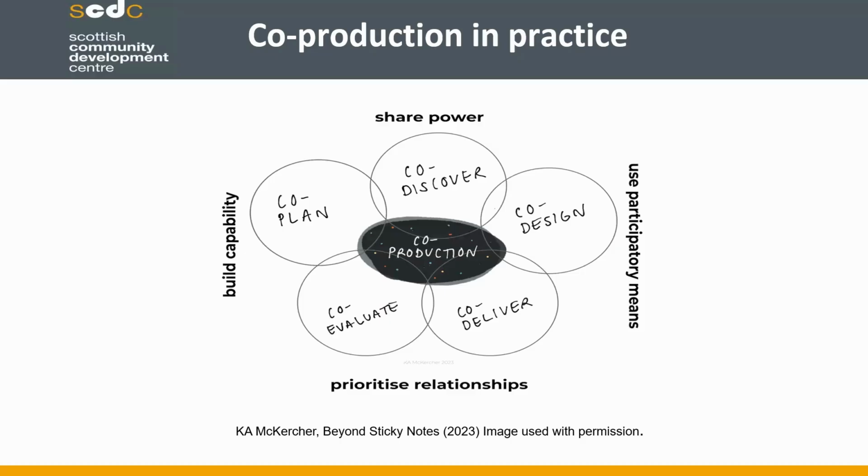And all of that, in the bits around the edge there, helps build capability, build skills in our communities. They help us think about that power sharing. How do we get better at having other people shape and share the services that we're doing? Really thinking about those different participatory means, and I'm going to touch on some of those tools and techniques as we go forward, and really about that bit of prioritising relationships and how do we make that work really well? How do we get our relationships built stronger and more sustainably for all of our communities?